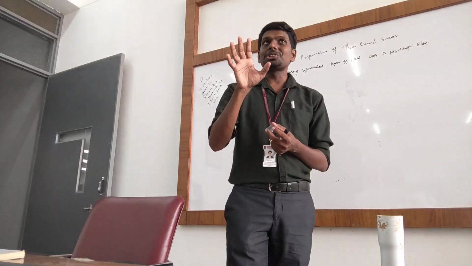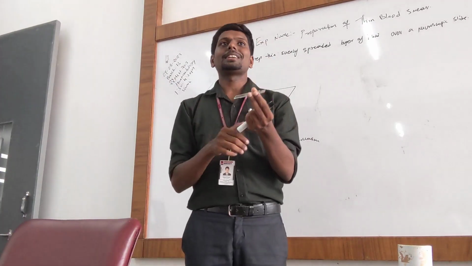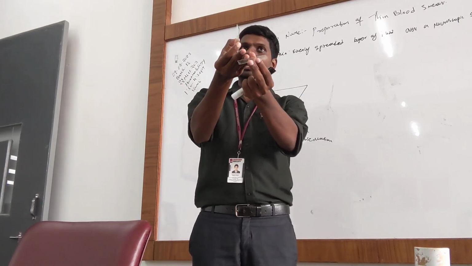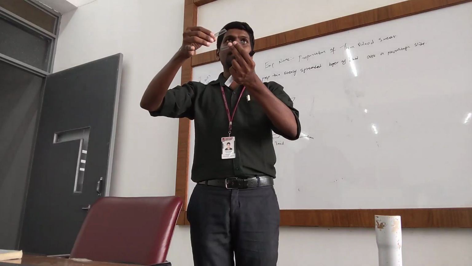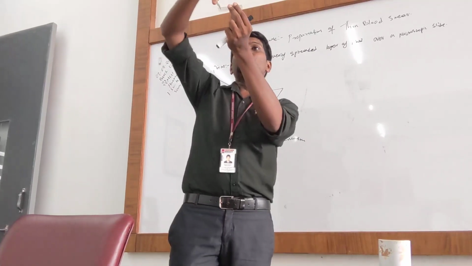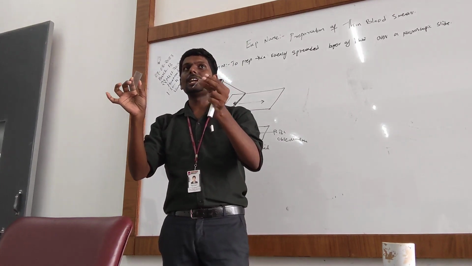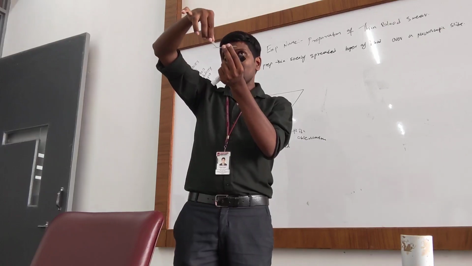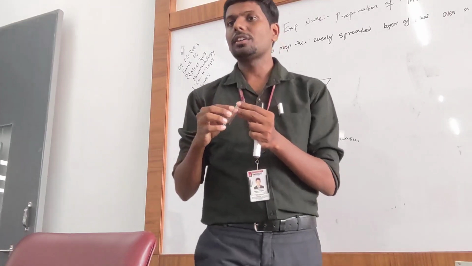Can you understand the question? Reason of uneven smear. Why do you get uneven smear? Maybe you shake during smearing. That is why you got uneven smear. Or the slide has some water or detergent. That might cause uneven smear. Or you haven't maintained the angle of the spreader. You kept it like this and did it, so you didn't get the smear. So these might be the issues, right? So dust particles on the slide, or shaking, or improper angle maintenance. These are the issues, and what will be the solution? Write down.